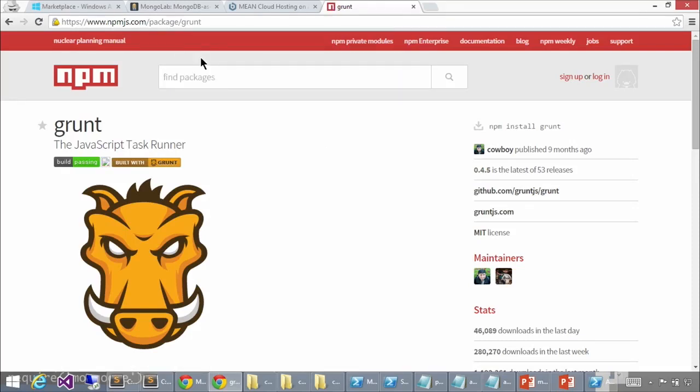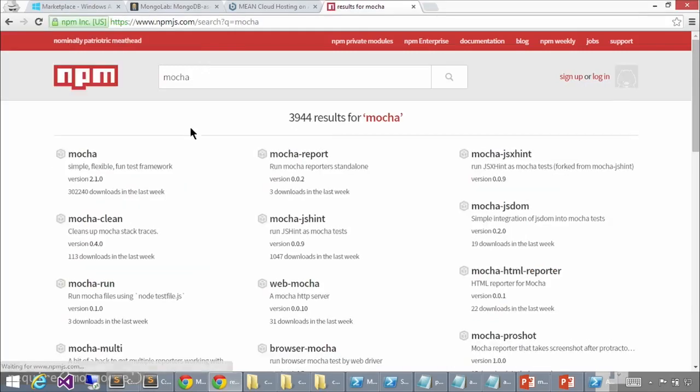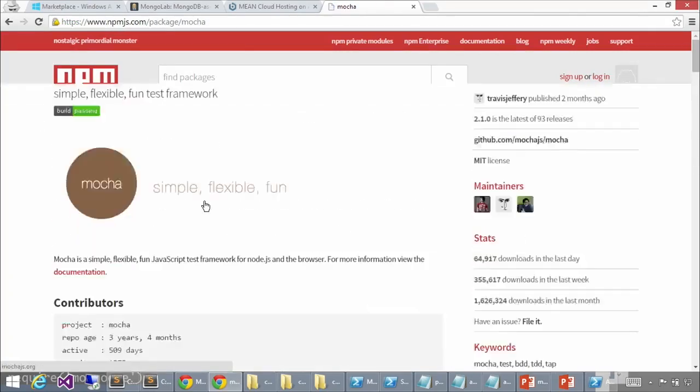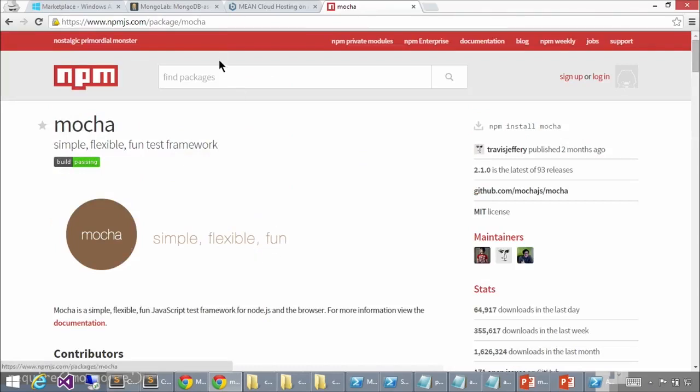Other things are Mocha, which is my favorite unit test framework for Node. There's a few, but this one's one of the most popular ones. There's also Protractor, which I believe just comes with